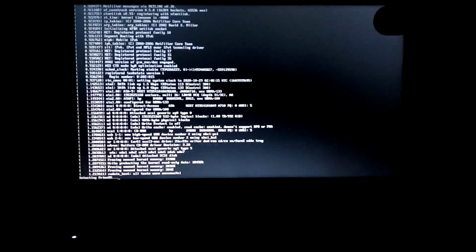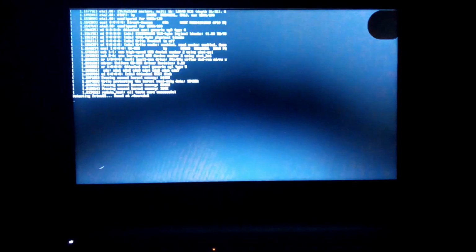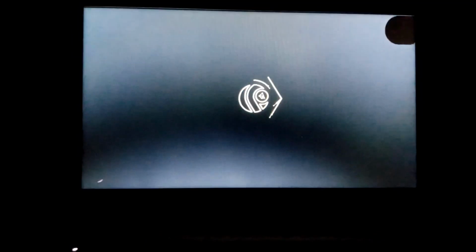It will do all the coding again which it did before. You'll see detecting Prime OS, found everything. It says Prime OS, and you have successfully installed Prime OS on your PC. I will be making a video on it. I will be playing some games on it to show you guys. As you can see, that's the logo for Prime OS.